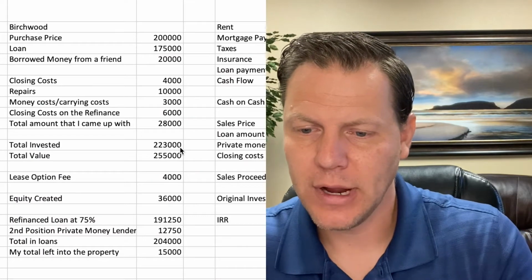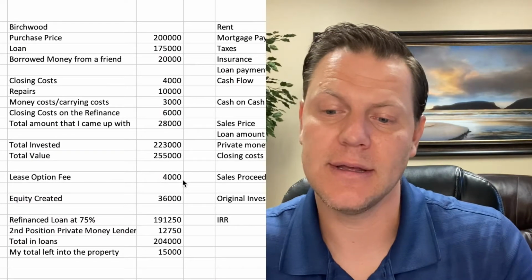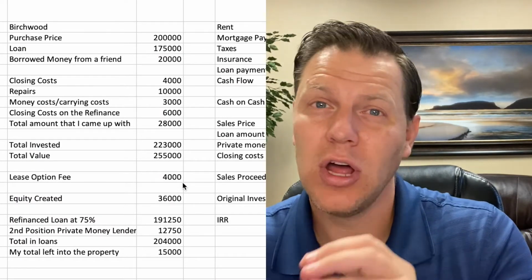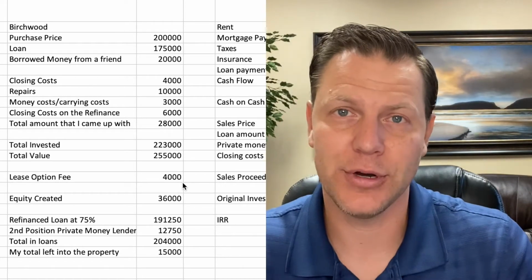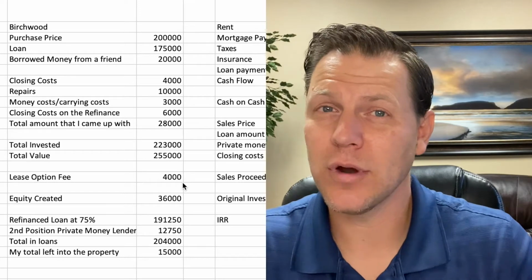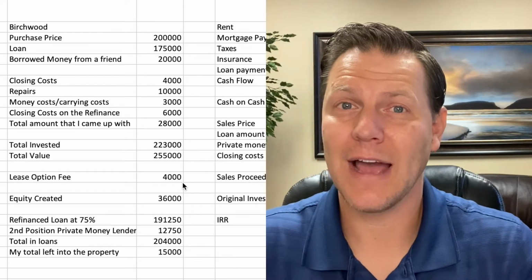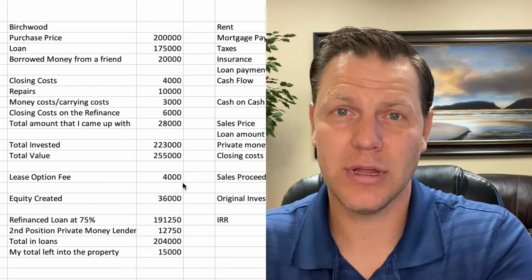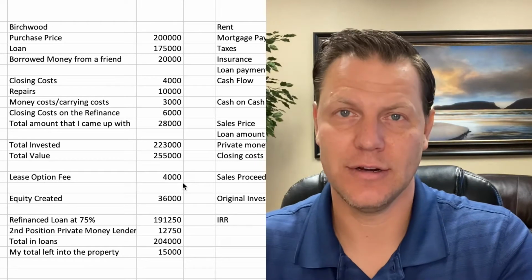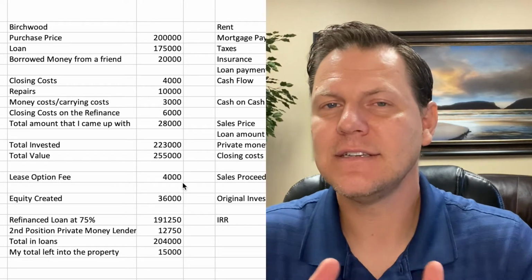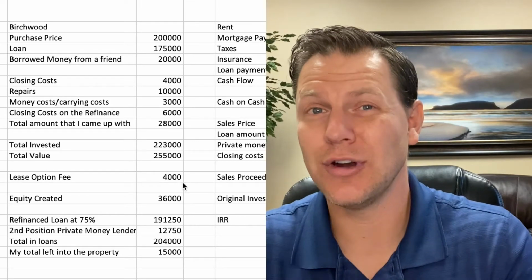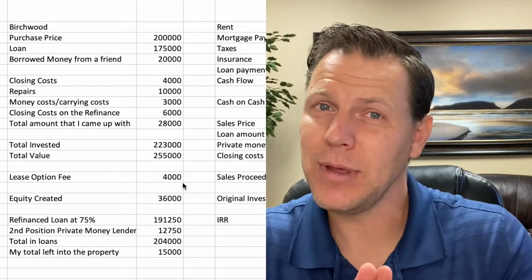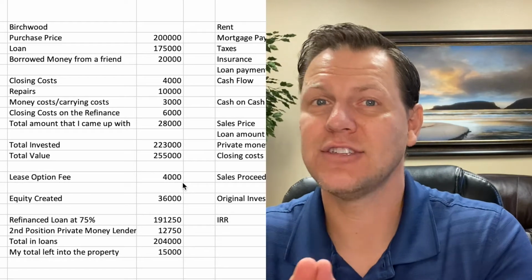So right here, the people that wanted to get the property and rent it out don't just want to be renters for very long, they actually want to purchase the property. So they're going to pay me a $4,000 fee in order to have the right to purchase the property within the next few years. In this situation, we set the property price at $280,000, that they'd be able to buy the property in the next 3 years.